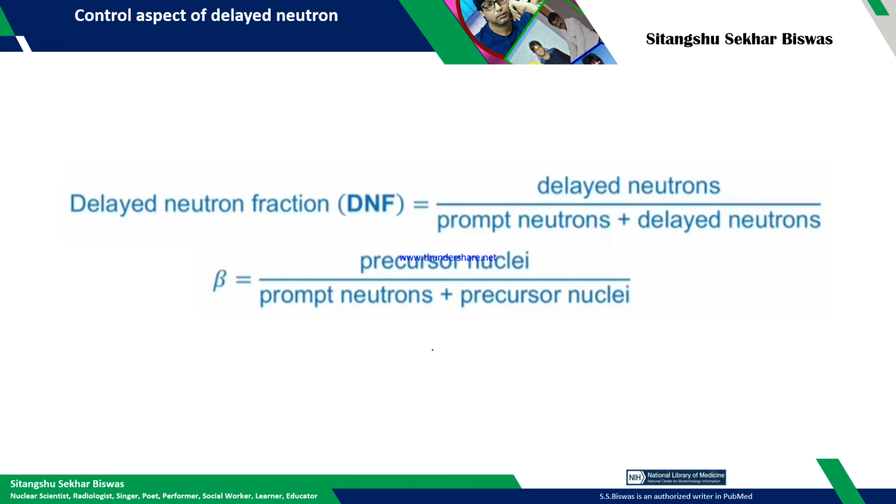It's very fast, but the effective multiplication factor will basically be maintained by absorbing such neutrons